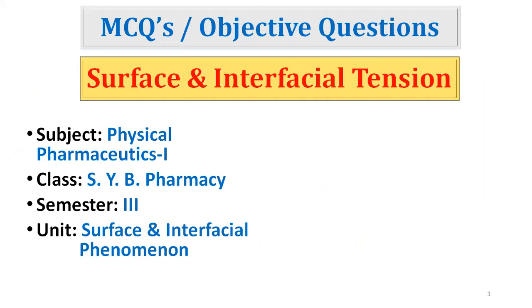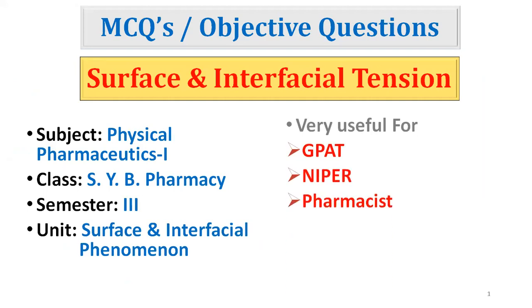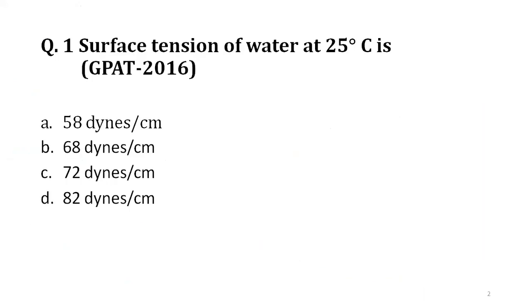Okay, so today we are going to discuss the MCQs or objective type questions on the chapter surface and interfacial tension. These questions are important for GPAT preparation, then for NIPER, and all pharmacist examinations like drug inspector and PSIC. So the first question: the surface tension of water at 25 degrees Celsius is